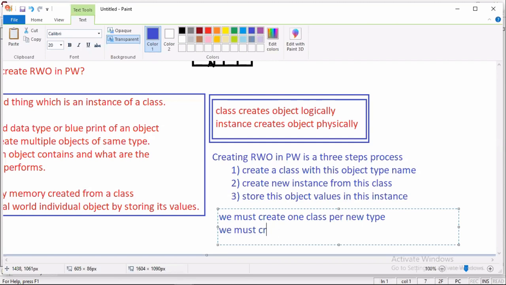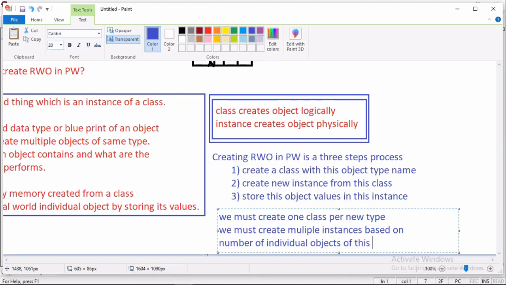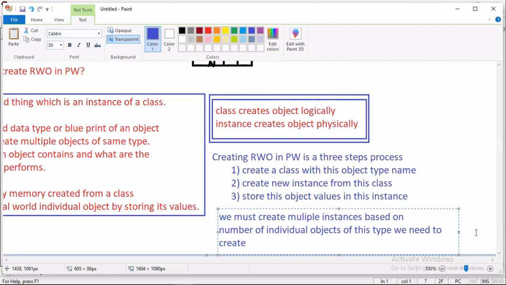We must create multiple instances based on the number of individual objects of this type we need to create. It's a very simple topic.